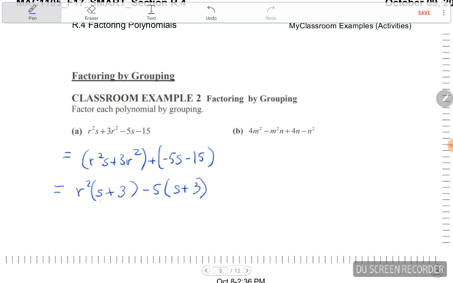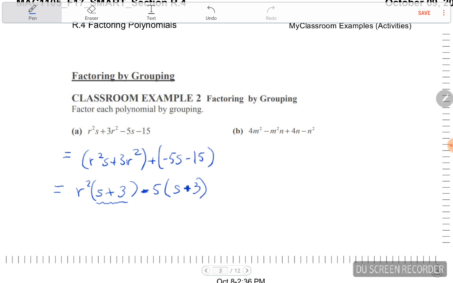the way you know if you did it right is if you have that set of parentheses identical. If it is not, there's two possibilities. And the most likely possibility is that you made a mistake. So for instance, if I had done this, then you'd see that they don't match. The two sets of parentheses are different. So that would tip me off that, oopsie, I should have made this a positive because I already pulled this negative out here,